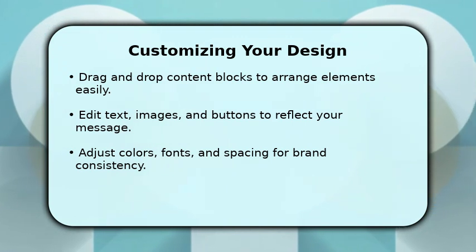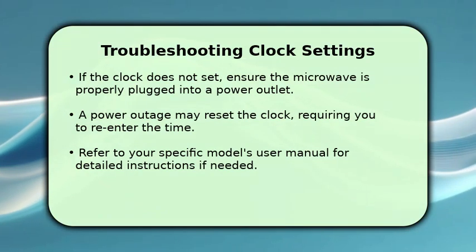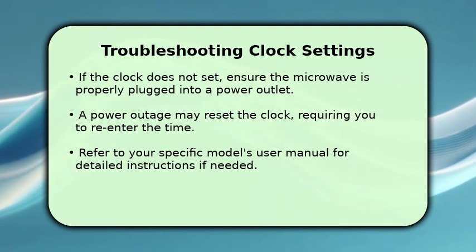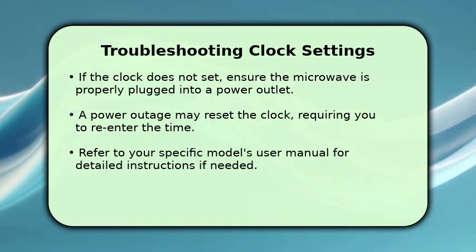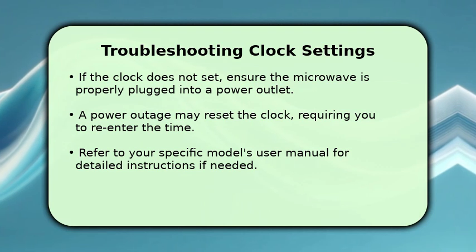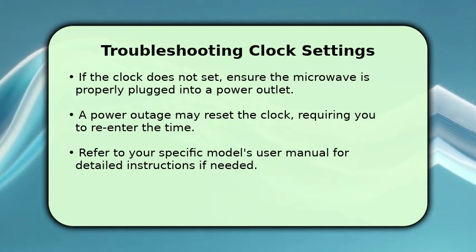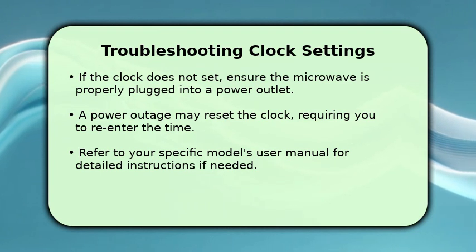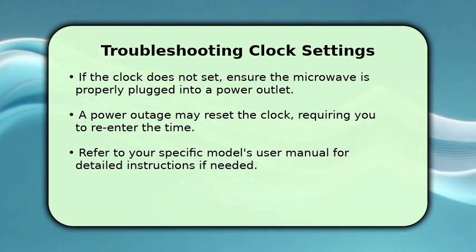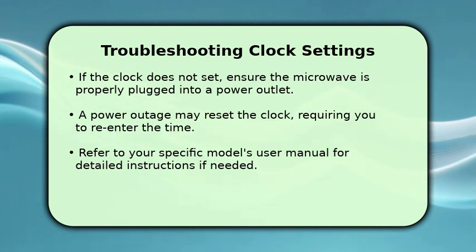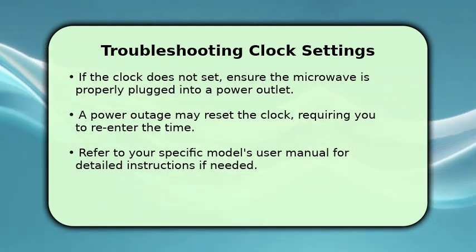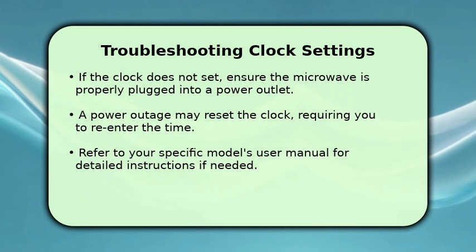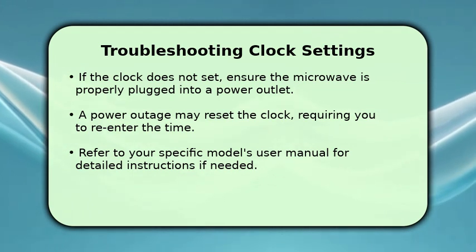Occasionally, you might encounter a small issue when setting your microwave clock. First, always ensure your microwave is securely plugged into a working power outlet. A brief power interruption can sometimes reset the clock, so re-entering the time is often the solution. If you're still having trouble, consult your microwave's user manual for model-specific guidance. Some units might require you to press and hold the clock button for a few seconds to begin the setting